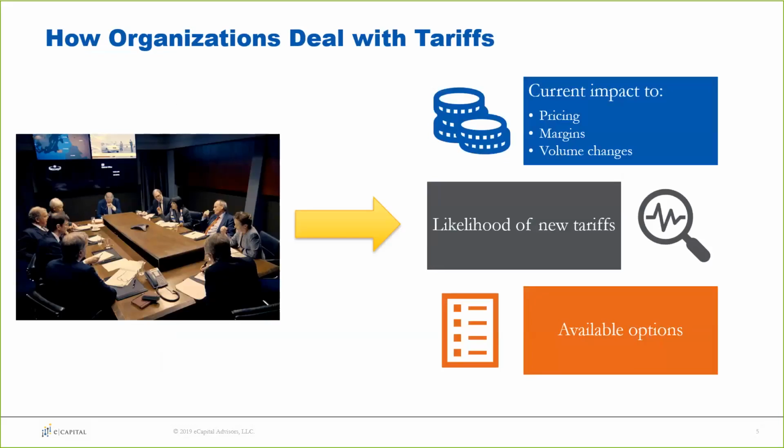So figuring out the political environment and the impact it has on the business, as well as what are options available to us. So are there levers we can pull to help increase our profitability or best deal with this? So can we change our prices? Are there ways we can find new suppliers in different areas? So can we find domestic suppliers where they won't have tariffs on products bought from them? Or do we need to cancel projects like the example we mentioned before? Either external ones, or do we need to cancel internal projects because we need to hold on to cash for now to try to weather through the tariffs?